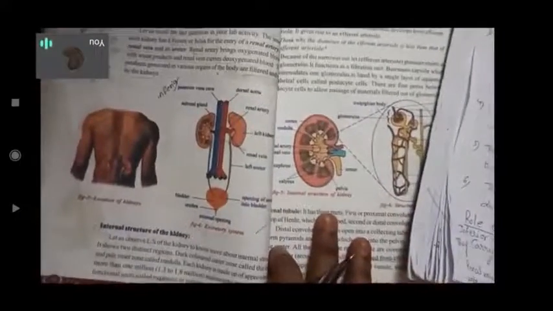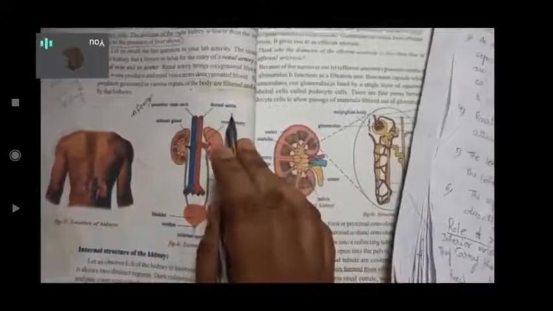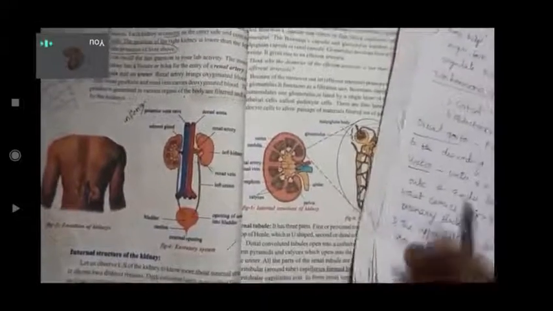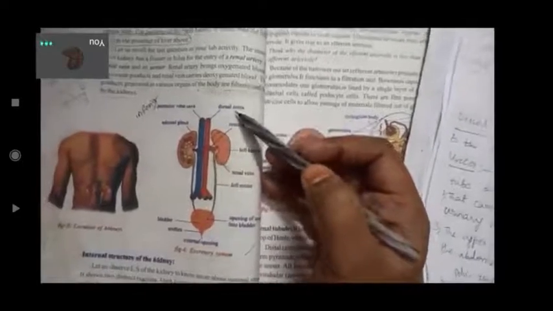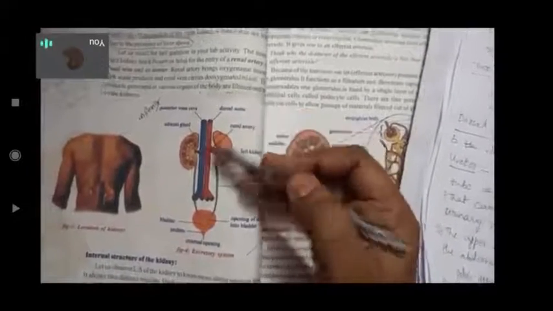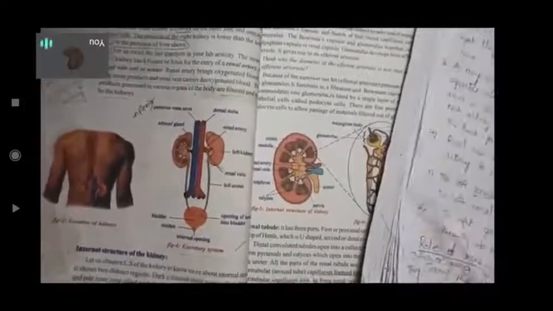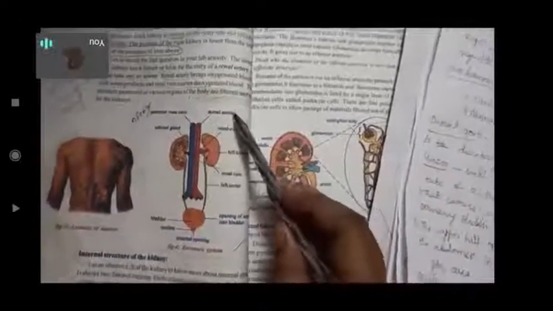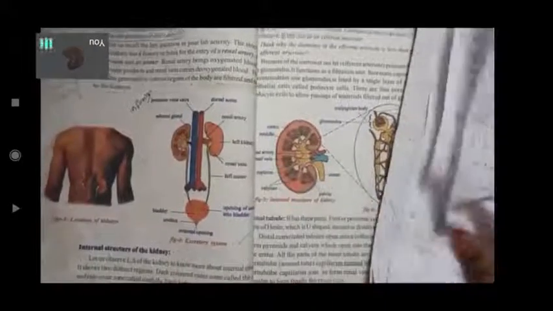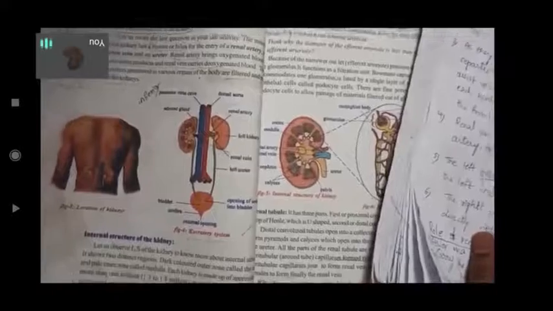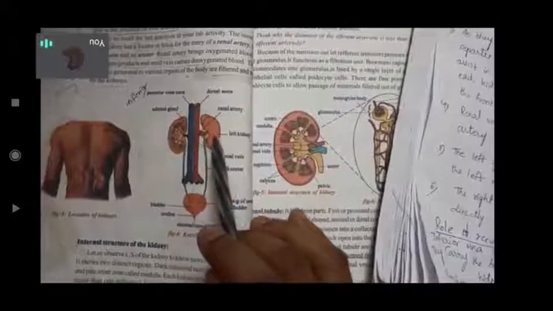Next I want to explain about the renal arteries and the dorsal aorta. The dorsal aorta is the descending part of the aorta, and it branches into two vessels, a right branch and a left branch. This red color, children, shows the right branch and left branch.